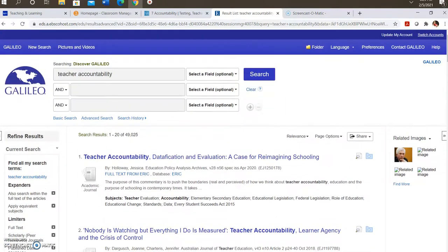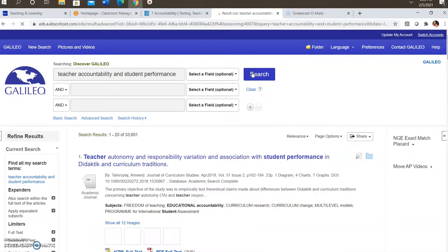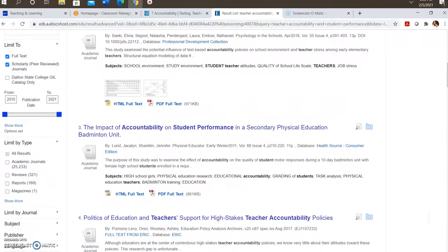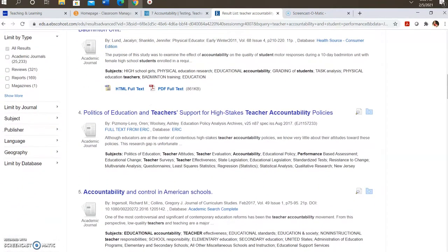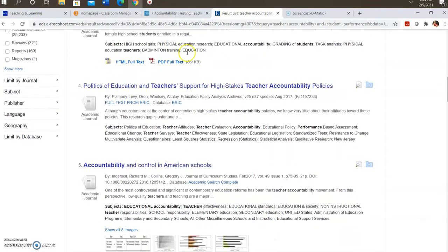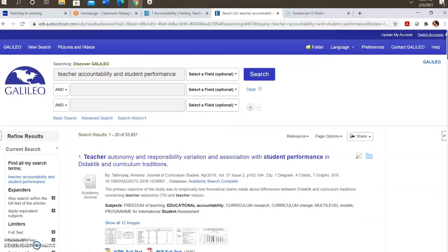But remember how we had that thing pop up where it said teacher accountability and student performance? Still get a ton, but that will give us a little bit different approach. And I think personally, I might want to look at this, the politics of education and teacher support for high stakes teacher accountability policies, because that's what I'm really interested in is what rules are being set for teacher accountability. So seeing this, I might now go back up and say,